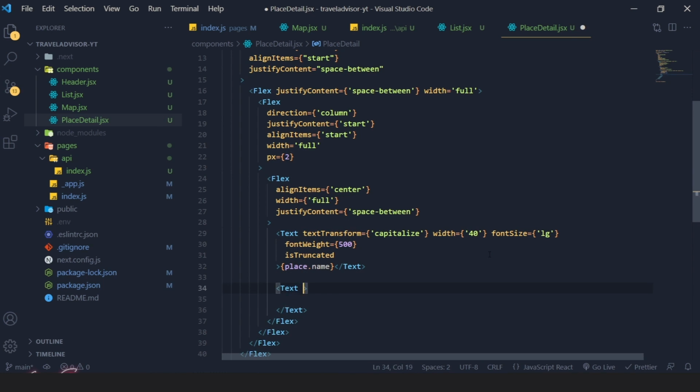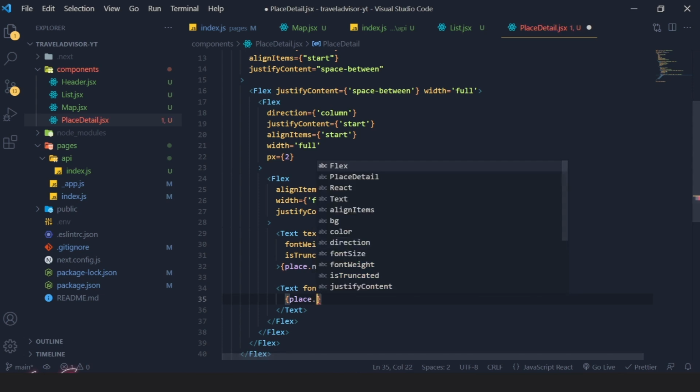Enter, and this is going to have the font size as small, and it's going to have the font weight as 500, and color it's going to be gray 500, not 200, 500. Okay, inside here I'm just going to render the place dot, what is the thing,